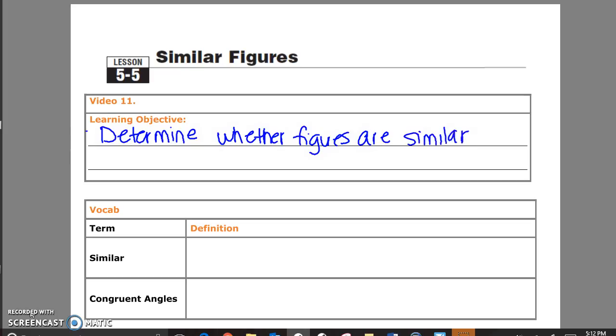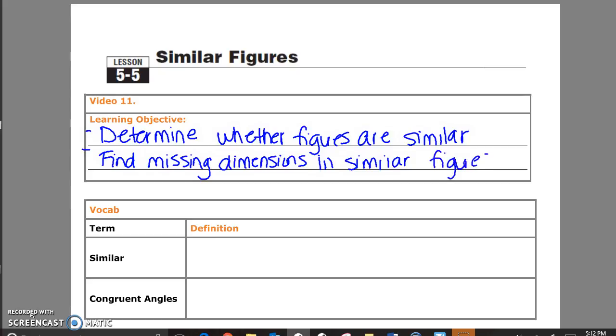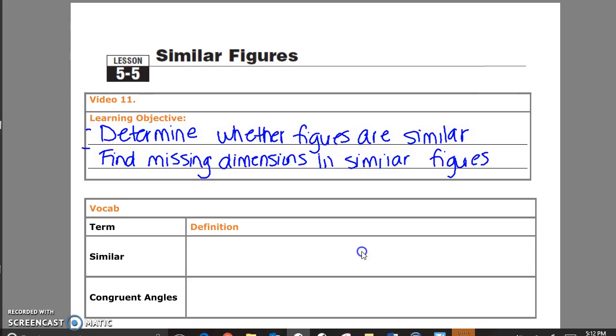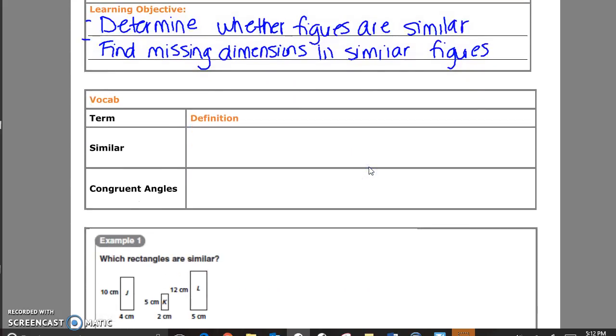And we are also going to be finding missing dimensions in similar figures. Okay, so we have a couple of vocab terms we need to talk about before we can even determine